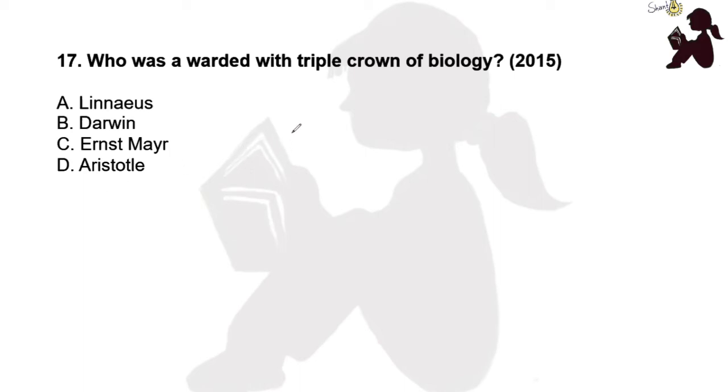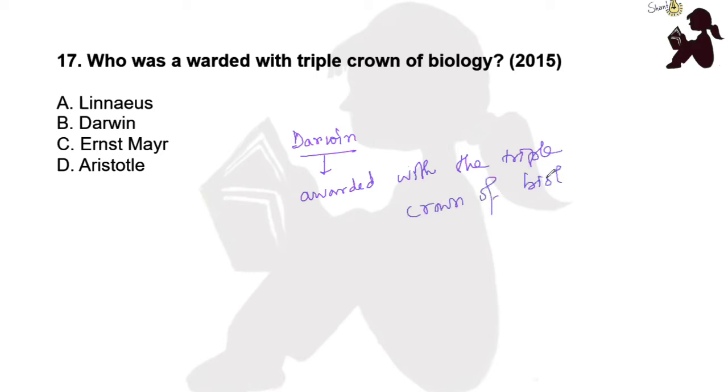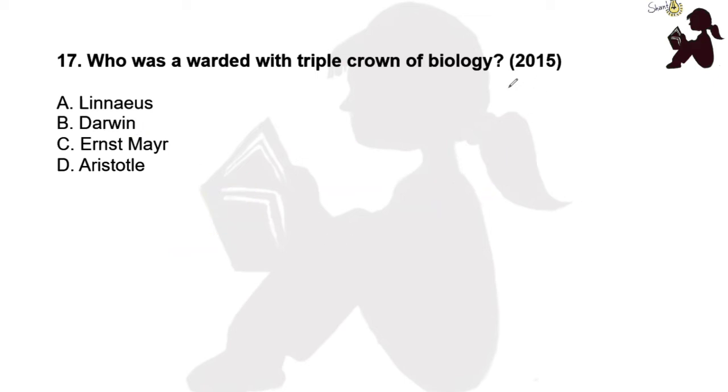So we know that Darwin was awarded the Triple Crown of Biology. Okay, so for this question, the correct answer will be option B, Darwin. Okay. So then the next one